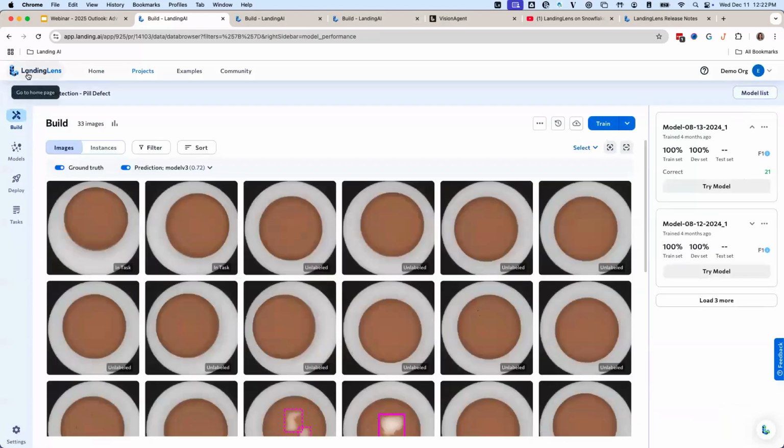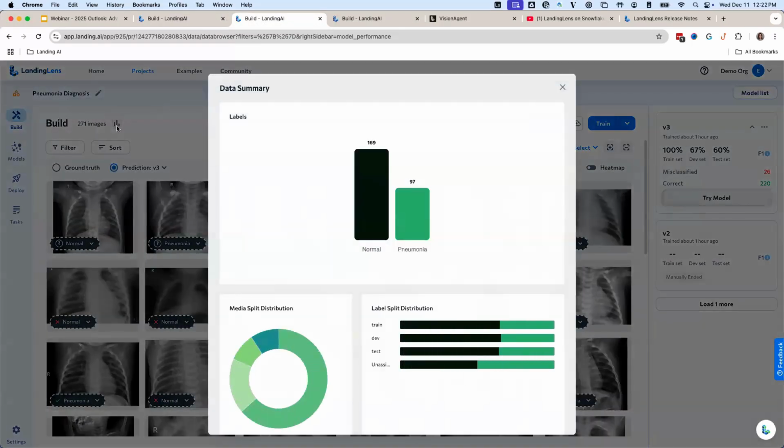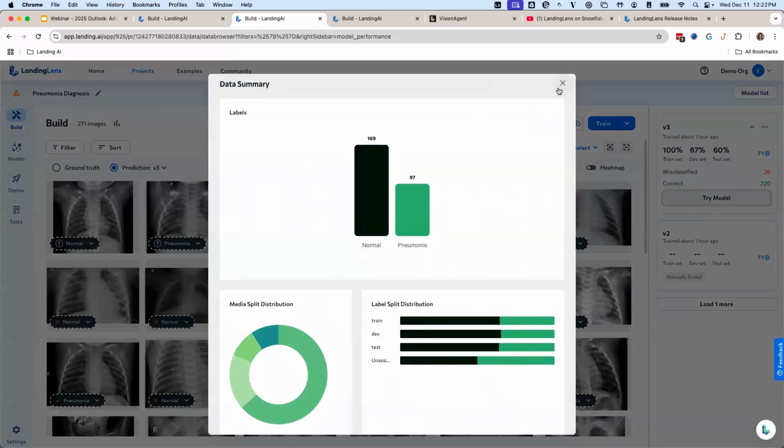So now I'll transition to walk through all of the model comparison tools. Here, this will be the primary use case for the remainder of our session today. So we'll be looking at pneumonia diagnosis. Here we have 270 images, roughly 170 of normal, roughly 100 of pneumonia. You can see that these have been split for my different train sets into a distribution that makes sense. So that 70, 20, 10